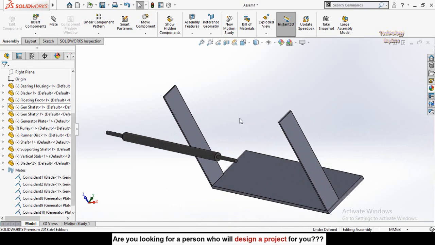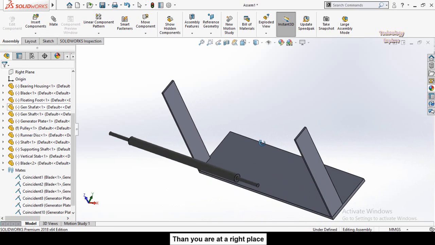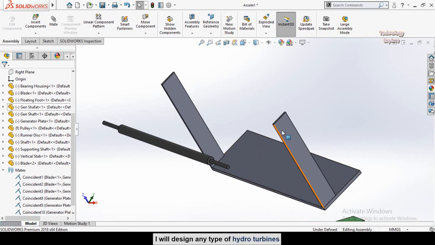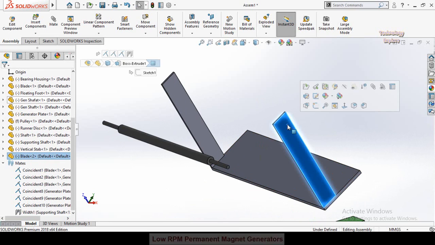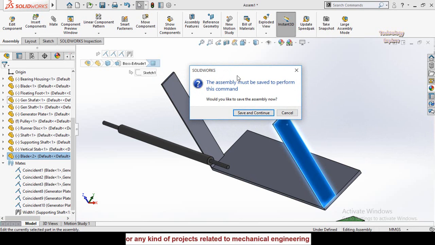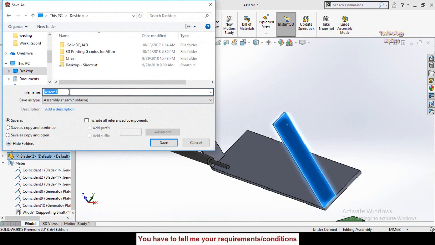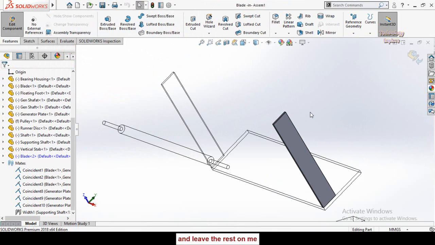So before going to that option, let me show you one more thing, that you can also edit the parts in the SolidWorks assemblies. So for that, click on the desired part that you want to edit, then select edit part from here. Then the system will ask you to save the assembly and then continue. So save and continue, then specify the location and save it. So now you can see we had saved the assembly, and from here you can see the component editing mode